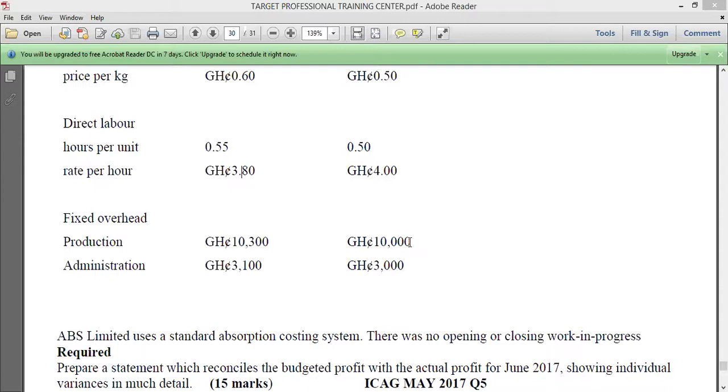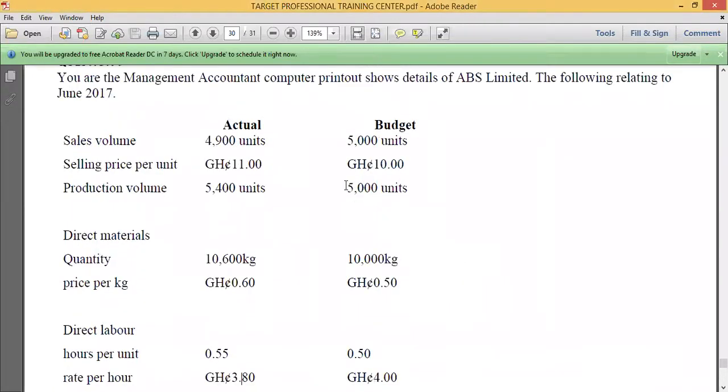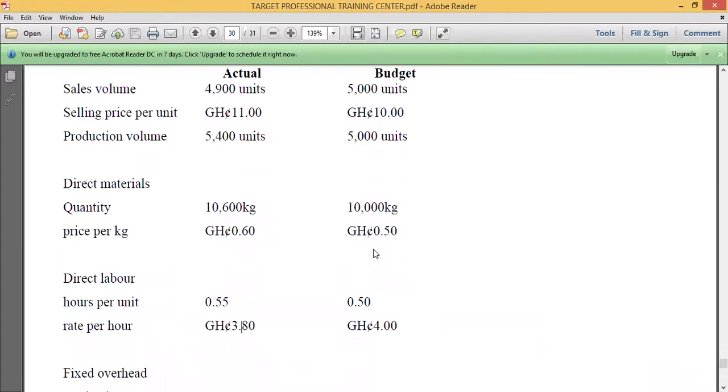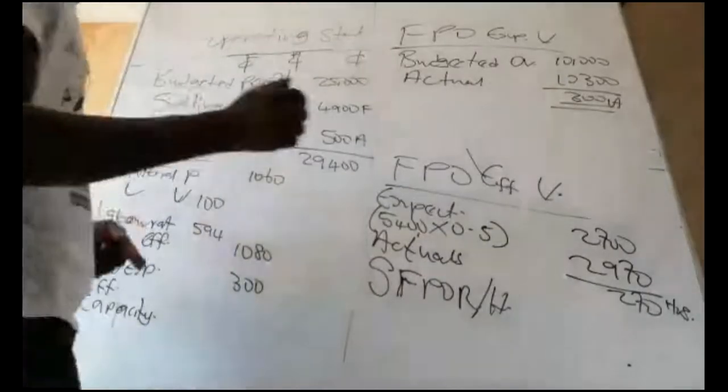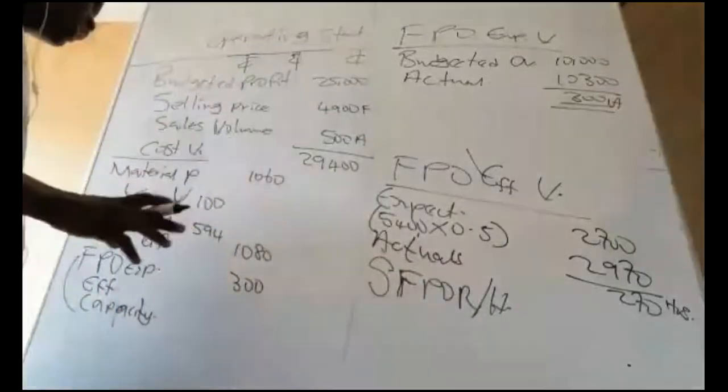Meanwhile, the budgeted labor hours will be 5,000 by 0.5. All you have to do is this. To get a rate per hour,